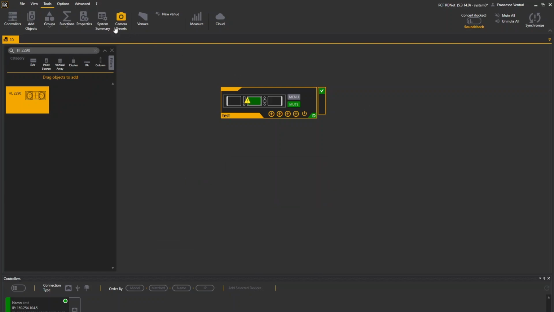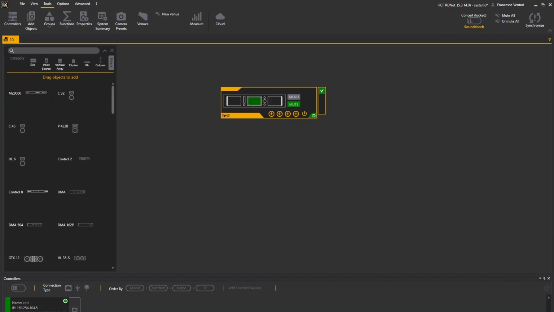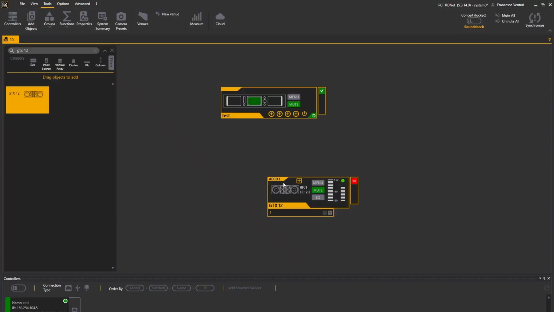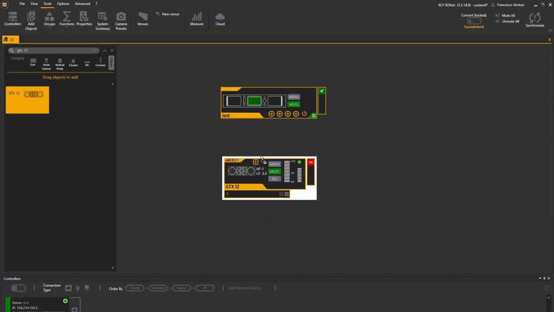In the case of a quad-amplified system, for example, GTX12 line array module, all 4 power outputs will be required for the speaker system, 1 for LF, 1 for HF. Therefore, Rdnet will configure 4 outputs accordingly. Up to 3 GTX12 speakers can be connected to an XPS